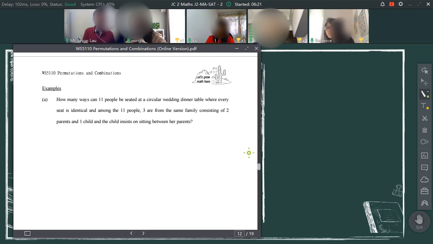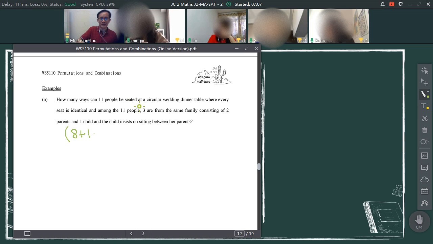Is it 11 minus 3 minus 1, then the whole thing factorial? No, almost. Very good, almost. Then within the same family, it's only like one arrangement, correct? No. But the child, then it's 2 arrangements. Correct, so it's times 2. It's a process, it's all linked together. So actually it's 8 plus 1, times 2. But it's actually 8 plus 1, not 8 factorial. Wait, why 8 plus